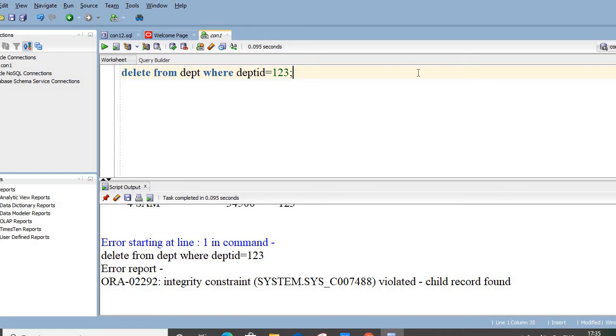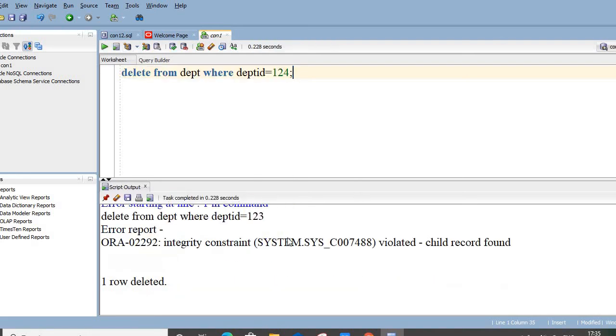If we want to delete that from the department, first we have to delete the rows where this 1, 2, 3 is present in the child table. So deletion should be initiated from the child table first. Let us try to delete the other departments where we do not have any foreign key values present in the child table. Department ID 1 to 4 is such a department in which no employee is working. So we can delete that easily because there was nothing related to 1 to 4 in the child table.